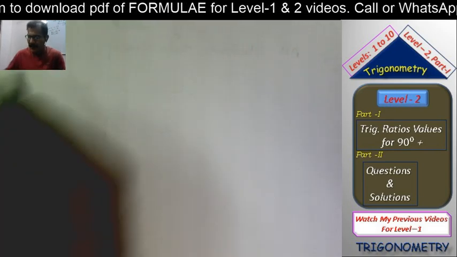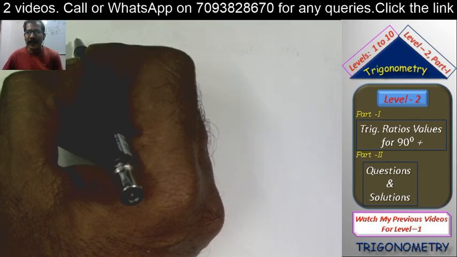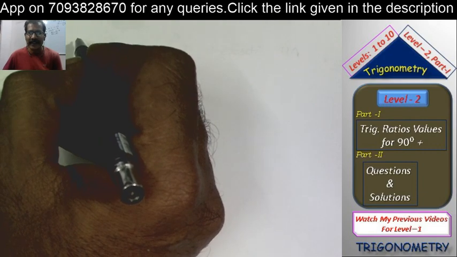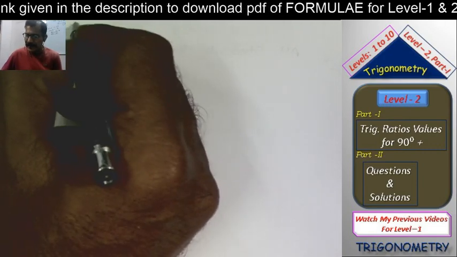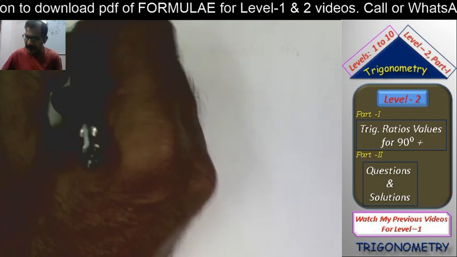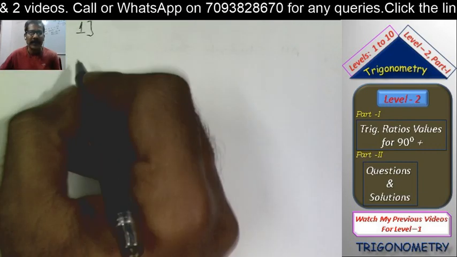So let us go here. When the angle value is above 90, then how do we calculate the trigonometric ratio values? That is the main concept of this video. For that, let me take point by point. So the first point to remember is